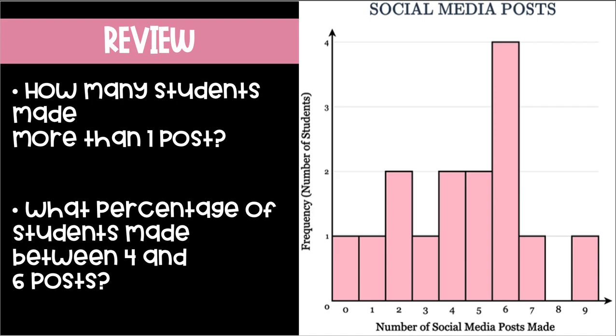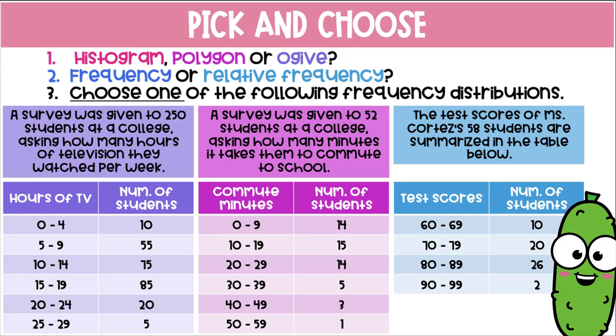And if you want more practice, I made my students in class choose one and construct either a histogram, polygon, ogive, or all of them, whether they choose to use frequency or relative frequency of the same scenarios. They can pick one and choose which graph to construct. But this is for the students in my classes. You're more than welcome to pause this video and practice constructing graphs for this